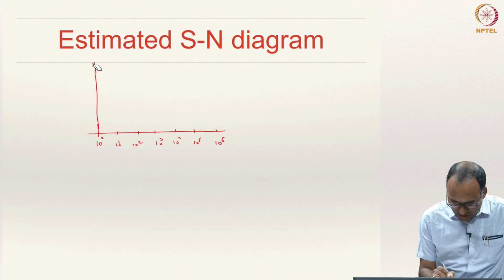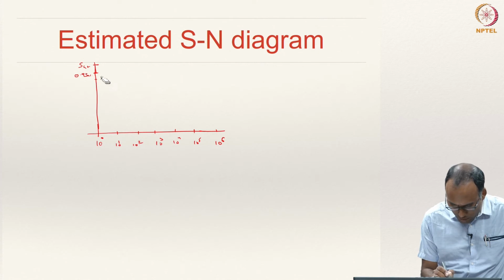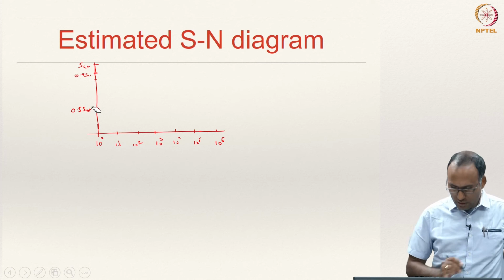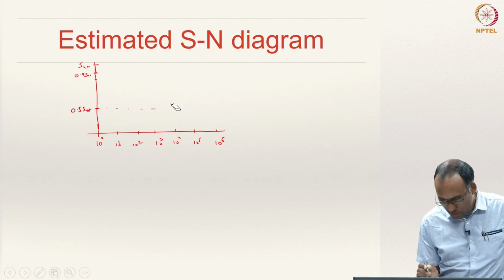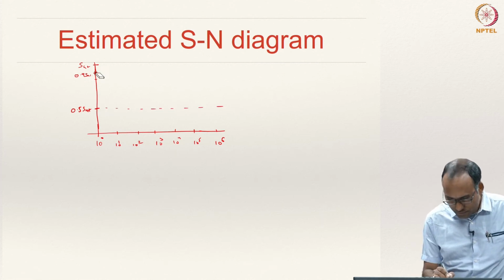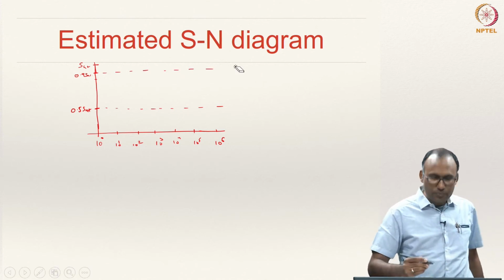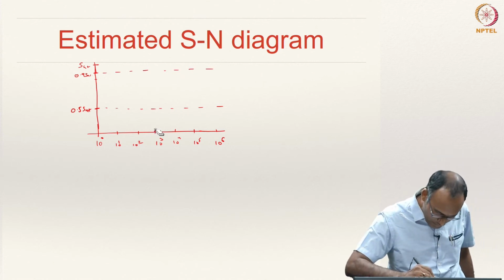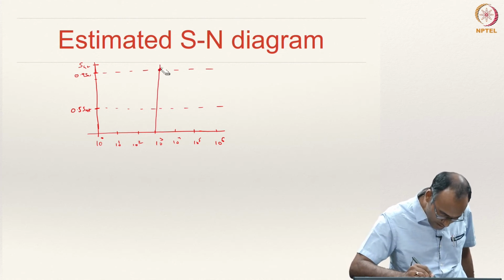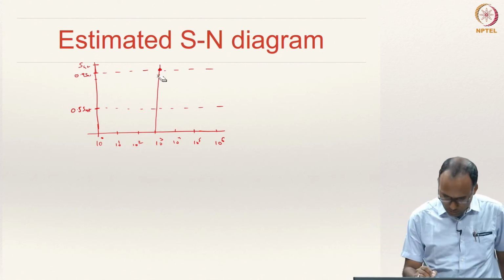And now let us say this is my SUT, and let us say this is my 0.9 SUT, and let us say this is my 0.5 SUT. Okay. So, as we have discussed, the HCF regime is from 10 power 3 cycles. So, that is my first point on my SN